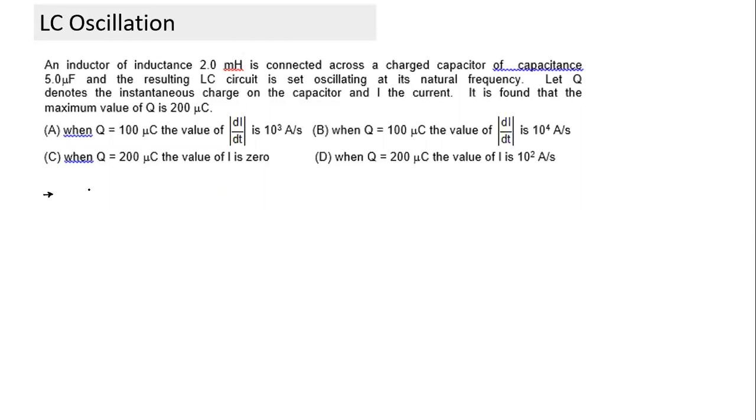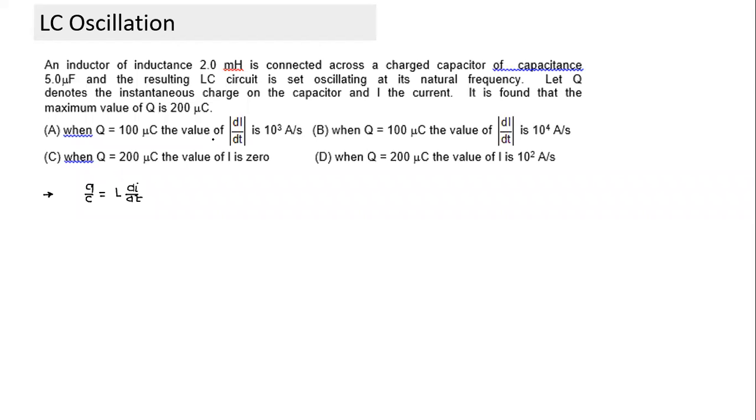What is it based on, tell me. When you look at this question, for different values of charge, I need to find di by dt. So which equation do I have to use which relates charge to the rate of change of current? It is based on Q by C equals L di by dt, and we are talking only about magnitude. That's what it is based on. And in terms of words, what we mentioned is that the potential across the capacitor affects the rate of change of current. It could be increasing or decreasing. Both things can happen.